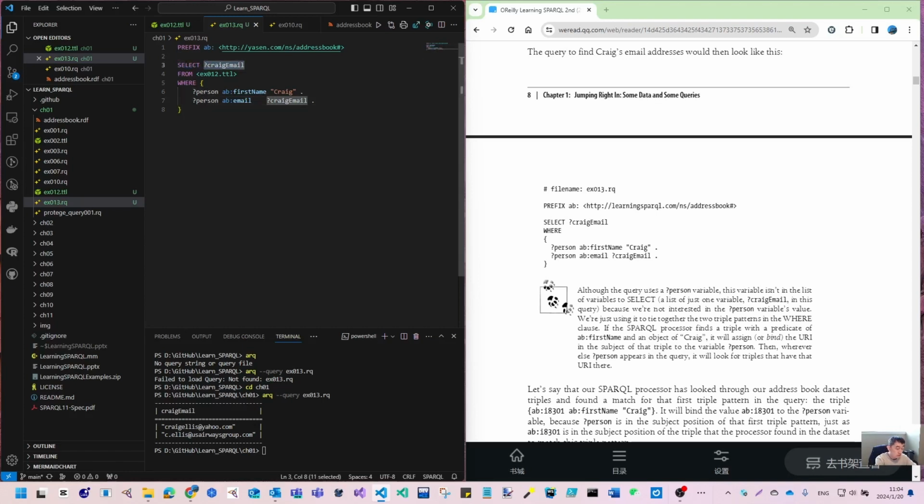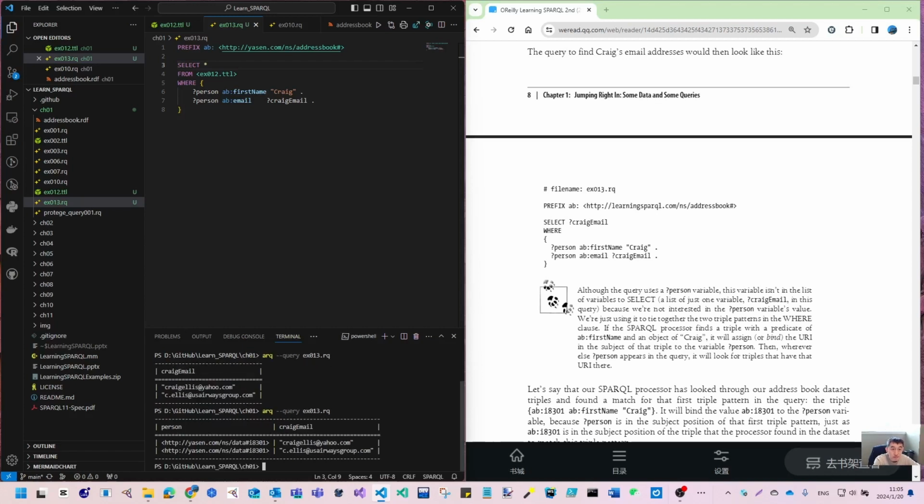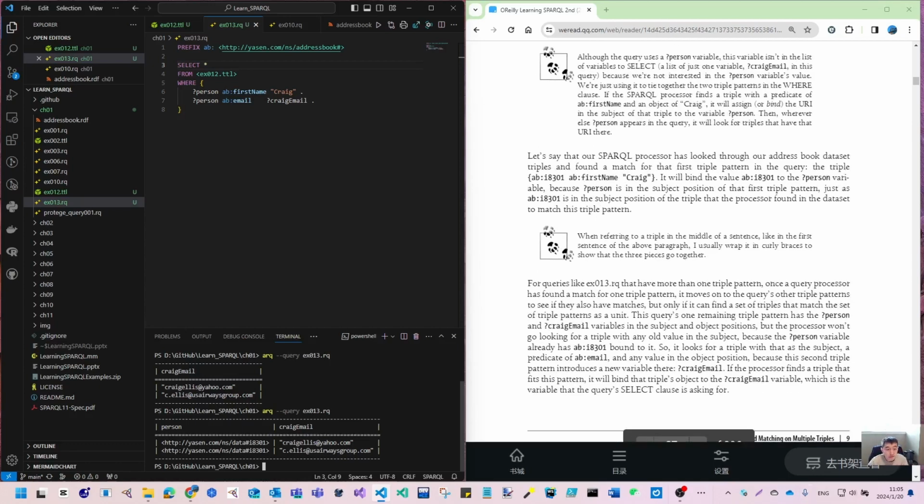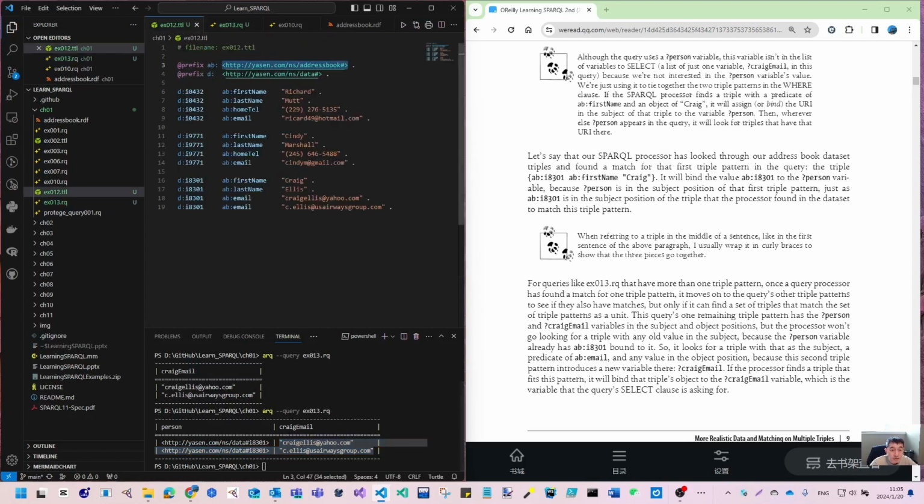But if you change this to this star, let's run this again. You will get the person, because then all the variables will come in as the result. So if you don't want to identify specific variables, you can use the star or asterisk. That is also one way we can have an easier query. In normal SQL, in a relational database, you are familiar that you normally use star for everything from a table, then you get the whole list from this table without filter, without sort. This way, I also get my target email, 2 emails, because in my data file, Craig has